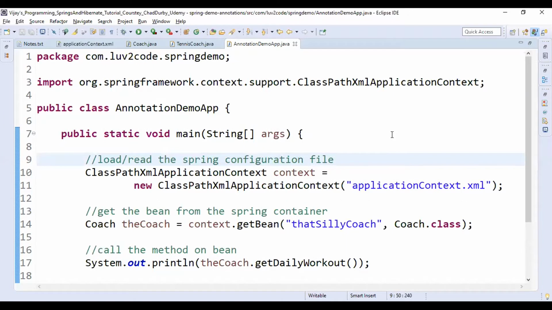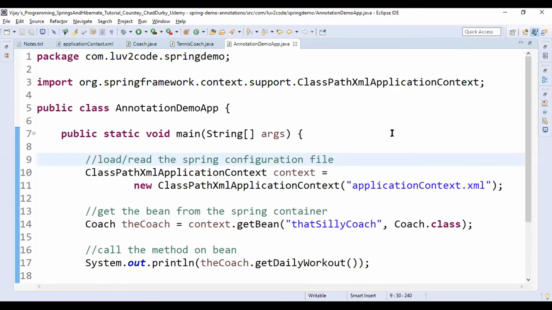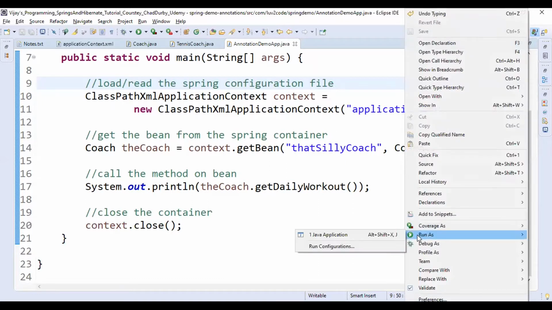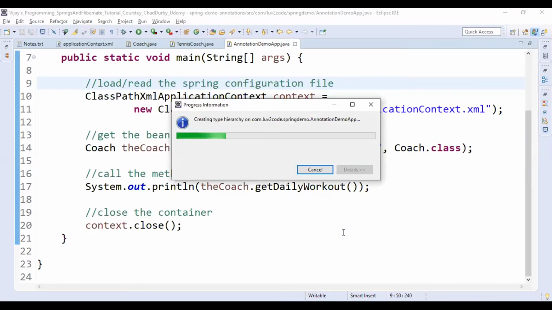Now, to test this application, right click on the AnnotationDemoApp.java file anywhere, highlight Run As, click Java Application. What is the result we are getting?